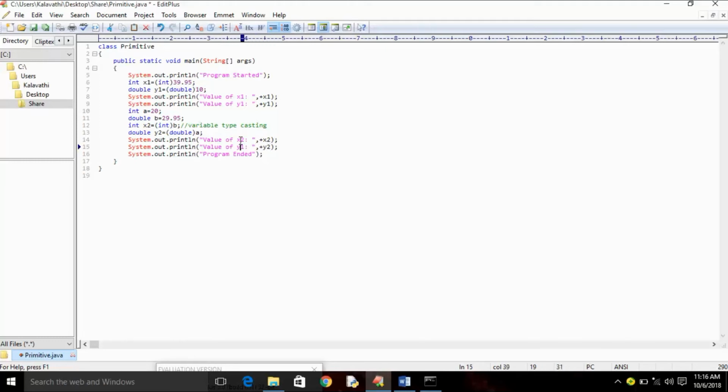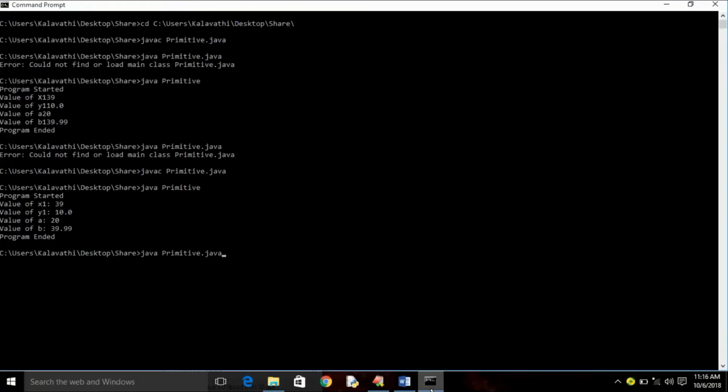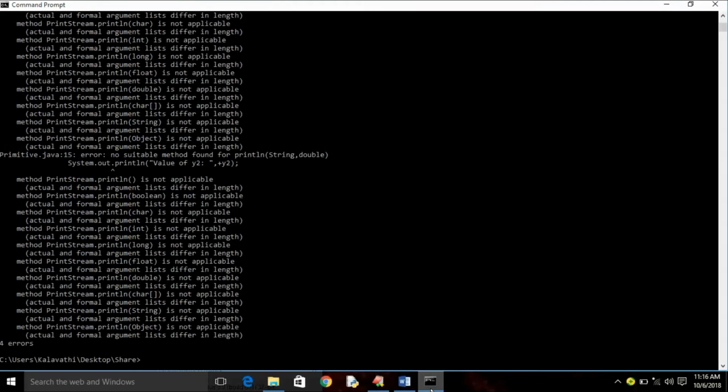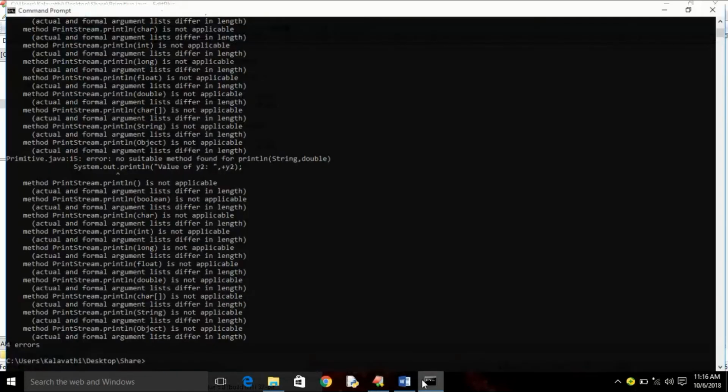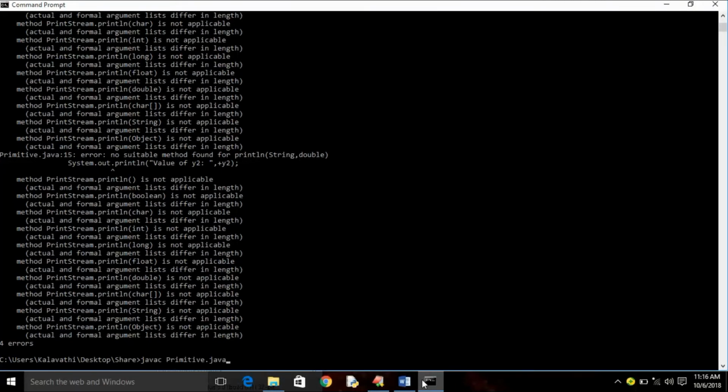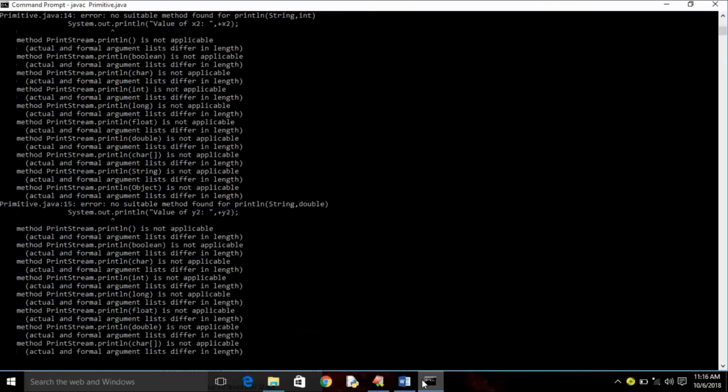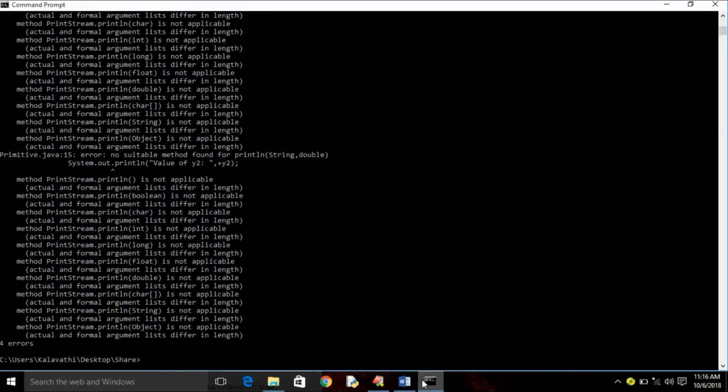To save the program, System.out.println. 4 errors.